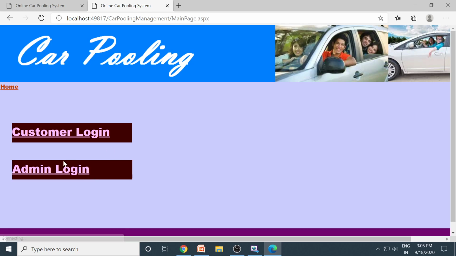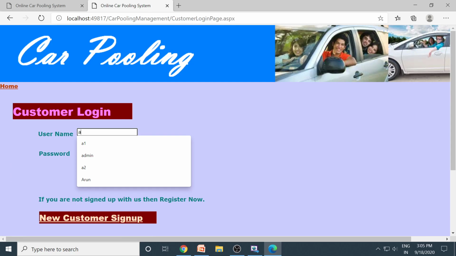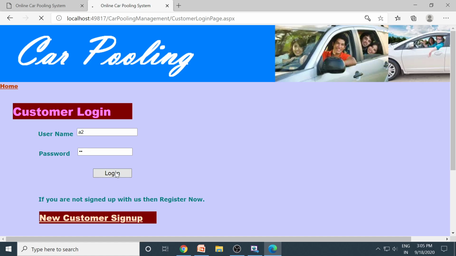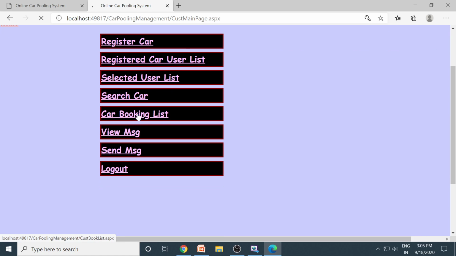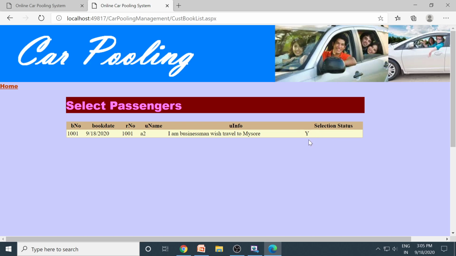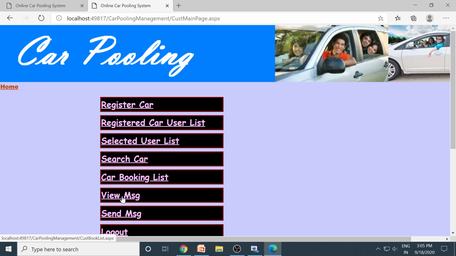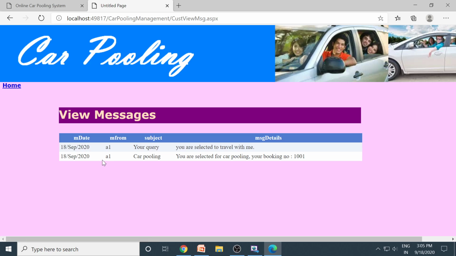So continue. So you will log in again. So A2. Fine. So now if you go to car booking list, you see that status is selected. That means you can travel with him. And you go to message, view messages. So you can see that by default one message is generated, and the second one is the message you sent. So you are selected to travel with me.